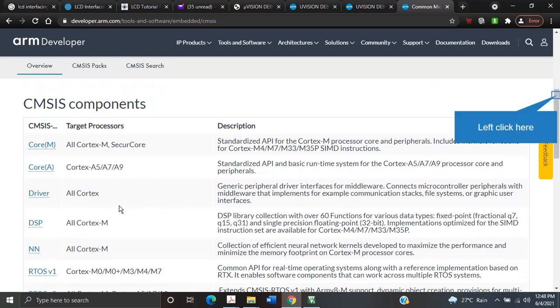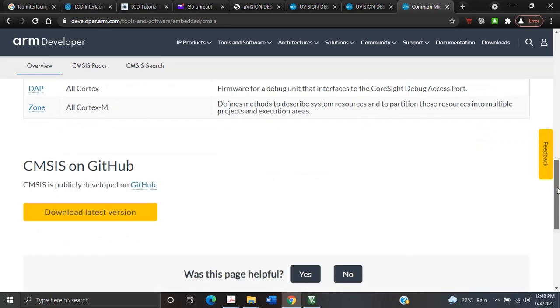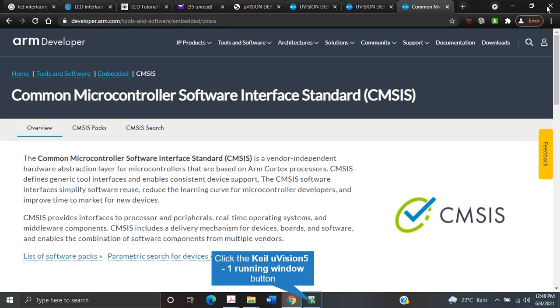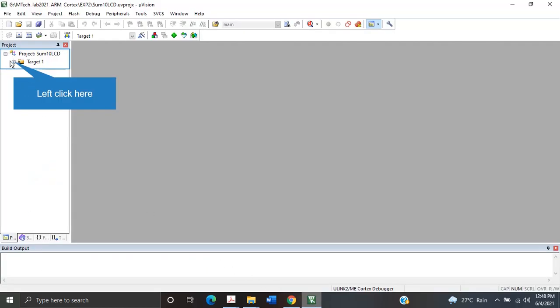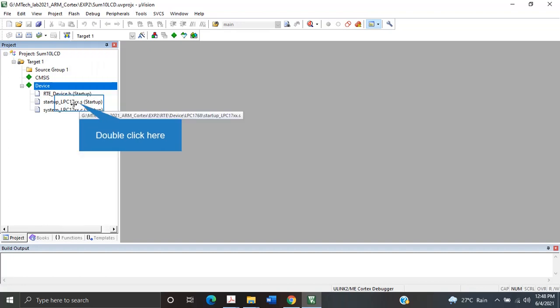So you may want to include all the device drivers, or you want APIs supporting Cortex-M4, M7, M3, or you want a standard API which can talk to the OS or runtime APIs, because it supports OS architectures or RTOS versions. Or you may want to run DSP. All these are made as standard packages, and whenever you want to use them, you just have to include that. Right now we are not going to do any of these, but it still has a major impact or support for us to do the work.